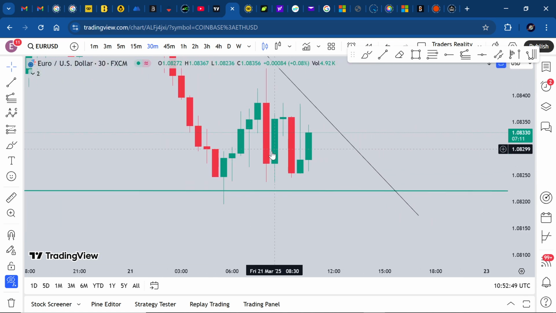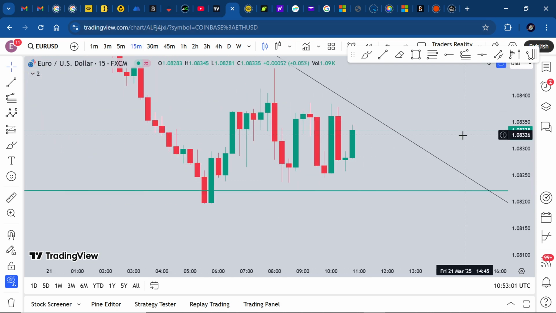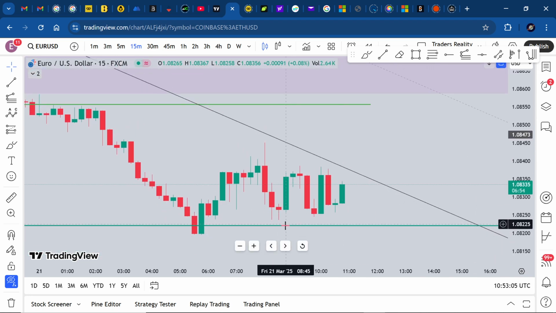Candle 1, candle 2. Yeah, maybe. Candle 3. Yeah, that is candle 3. It has taken the low. Is it clear on the 50? Yeah, the candle that took the low, but I mean,